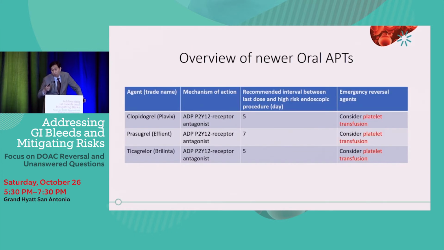So that's what this table is saying, that only in terms of emergency, if you were to consider aiding your endoscopic attempt, is a platelet transfusion. And I can count, in my opinion, when the patients were bleeding on these medications, how many times we end up actually giving platelets. More often than not, if the patient needs endoscopy, you just bite the bullet and do it. So that is the limitation of these antiplatelet agents.